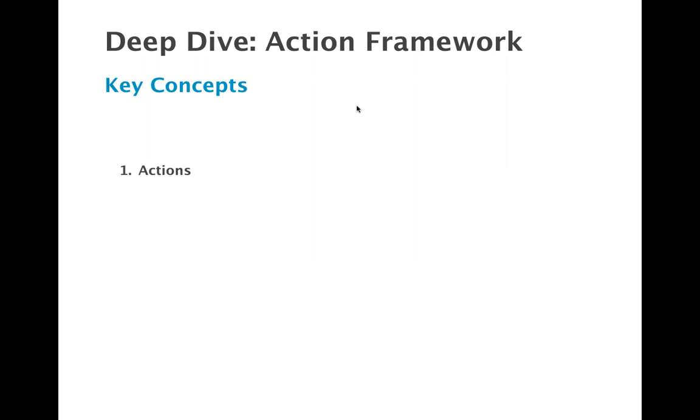So the first key concept, as I just mentioned, is the idea of an action. Skuid exposes a whole lot of user interface action types. And there are both model action types, as I mentioned, so things like create new row, update rows, and then there's user interface action types. Josh's tutorial walks you through all the different action types that we have exposed right now, both for mobile and for desktop. So I'm not going to list those all out here, but we'll be showing those in our demos